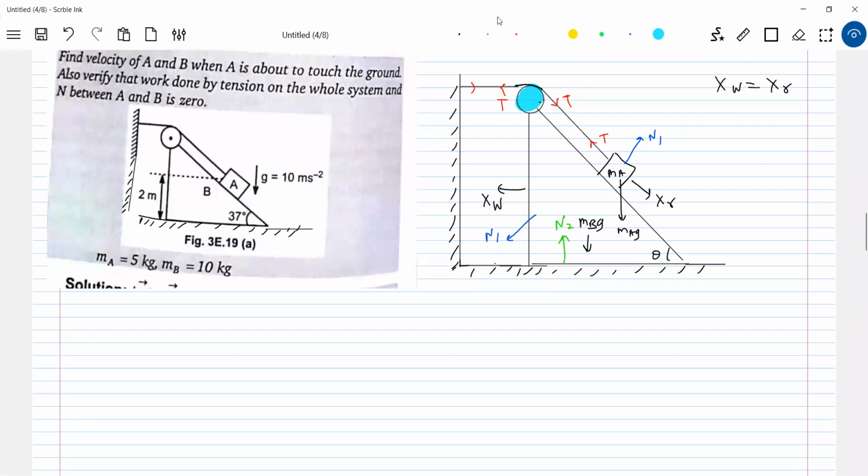So here, what we have to do is the work done by the tension. First I'll focus on the tension here. Before that, we should know the displacement of the block with respect to ground along X and along Y. So along the X-axis, displacement of the block with respect to the wedge. I'll write symbols.